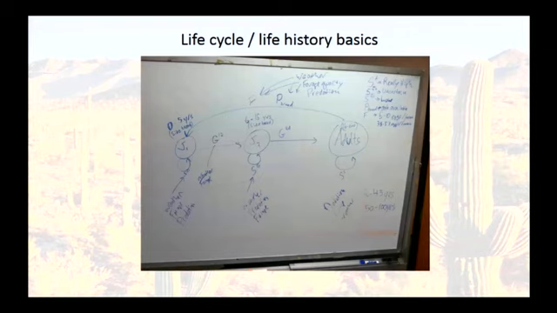So I start by asking questions like, how many life stages are there? Do the adults produce babies? Well, how about these juveniles? Do they produce babies? No, they don't breed. That's why they're juveniles. Do all the adults breed every year? No, actually probably only 80% of them breed. It depends on who bred last year and how much rain there is. So we start to see we need a probability of breeding component of this productivity model.